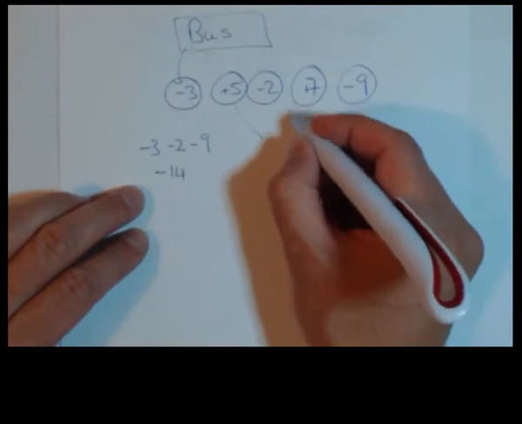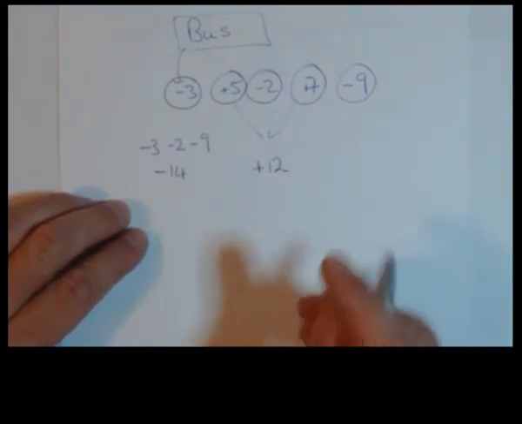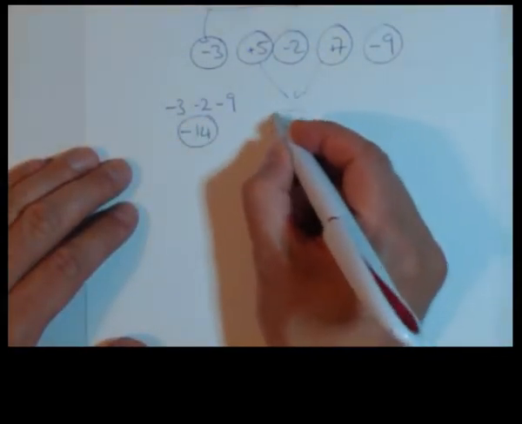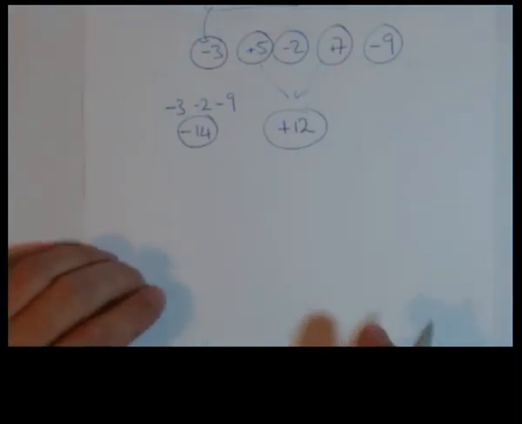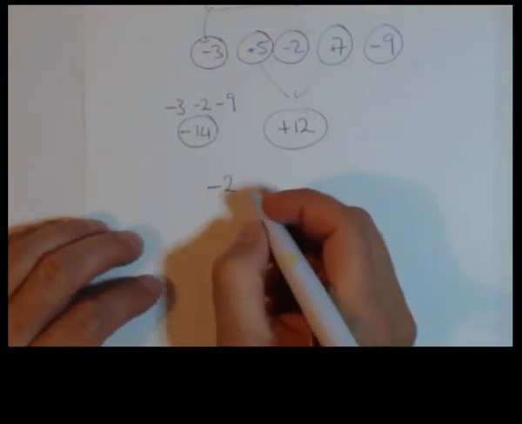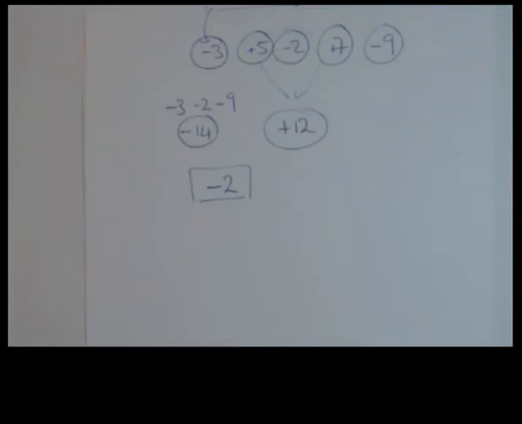How many people got on the bus? Well, a total of 12 people got on the bus. So overall, we have 14 people getting off the bus, 12 people got on the bus. So more people got off the bus than got on the bus. So overall, we've got 2 people got off the bus, and we're going to say minus 2 to say the people that got off the bus. So this is just a little idea to think about